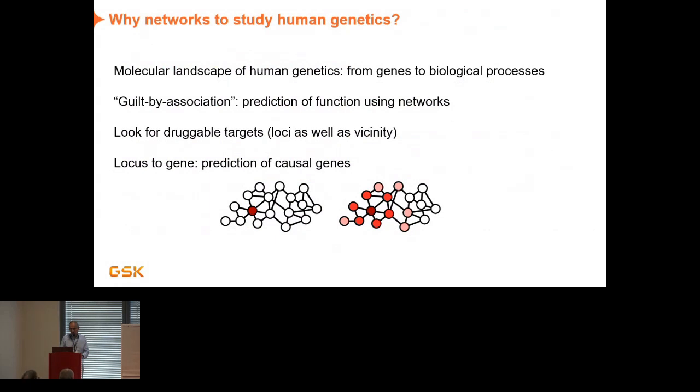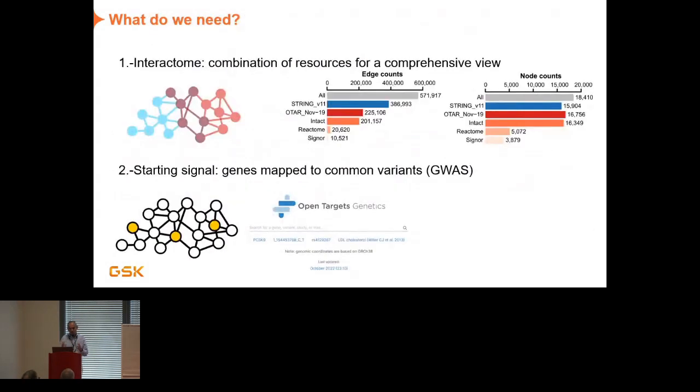The way it was done, what collaborators needed to have was an interactome. In that case, we used STRING, but also another Open Targets project, a combination of IntAct, Reactome and SIGNOR, and we combined this OTAR project with STRING. You can see it was over 500,000 edge counts. The focus of the OTAR project combining IntAct, Reactome and SIGNOR was human data, so we didn't use non-human data. That was our interactome source, that combination.